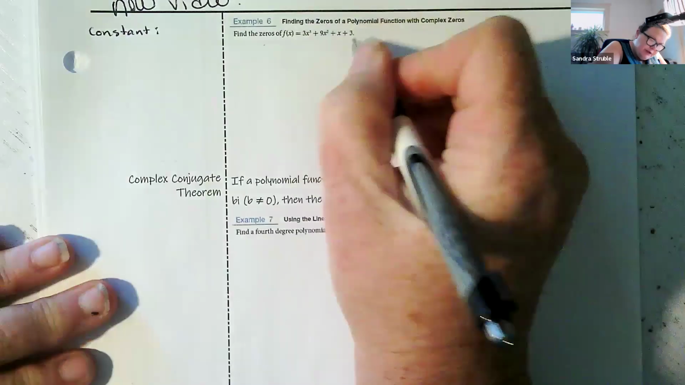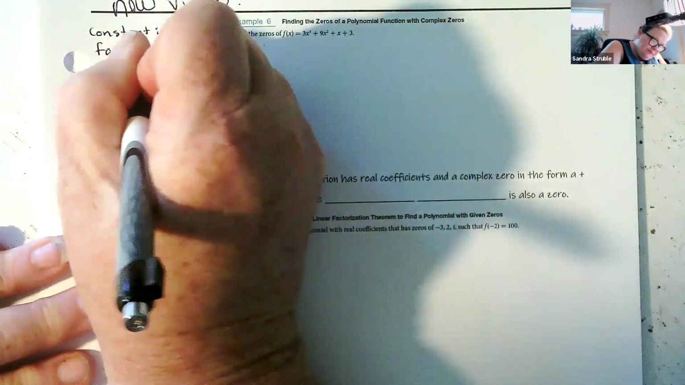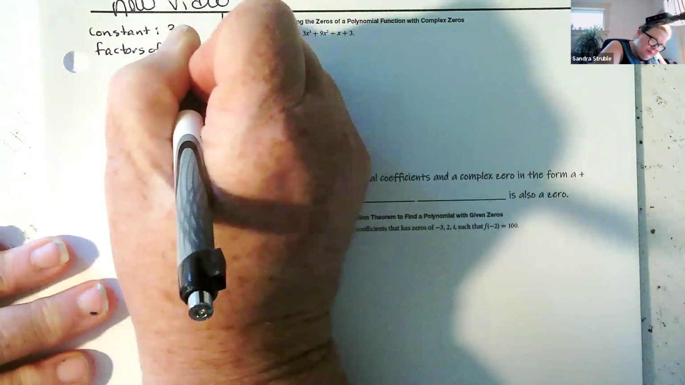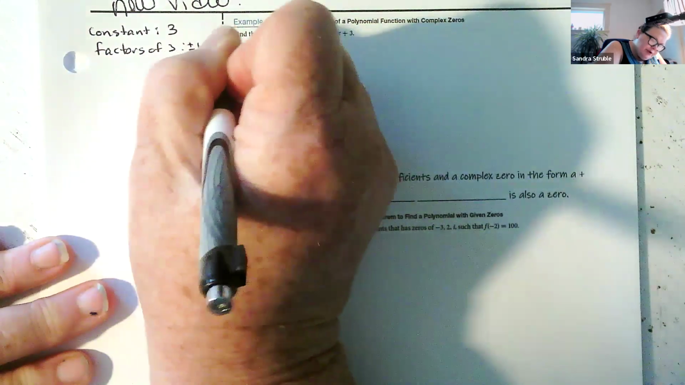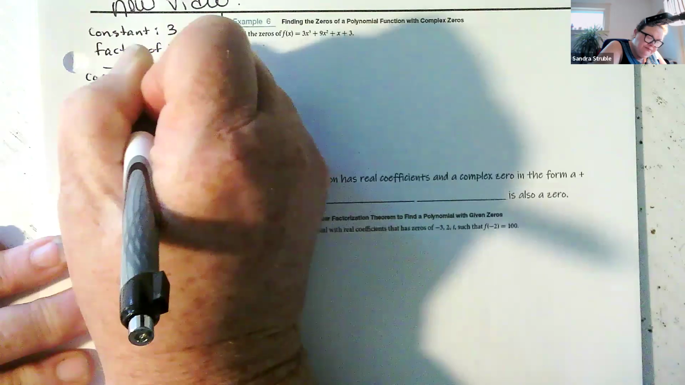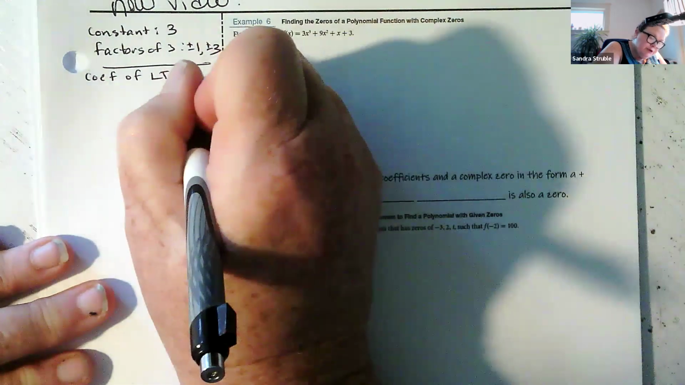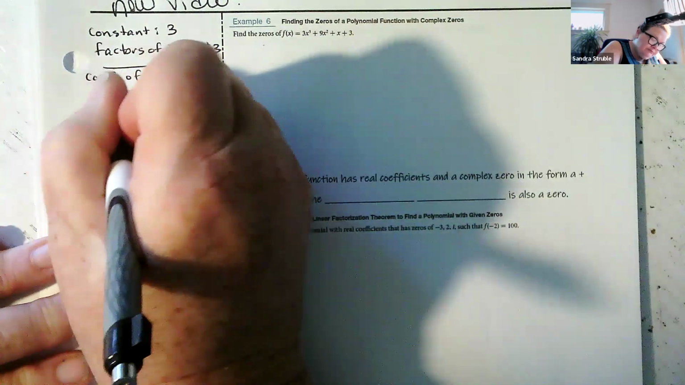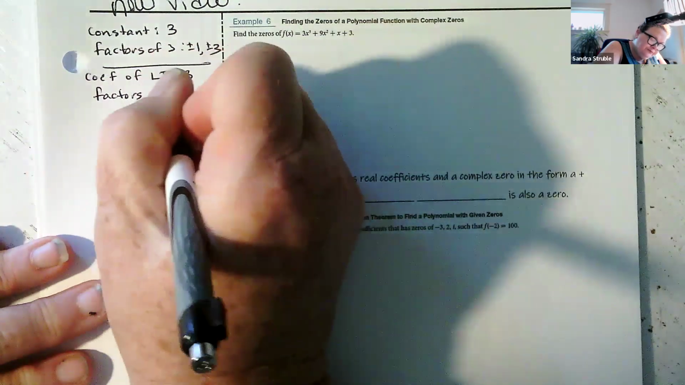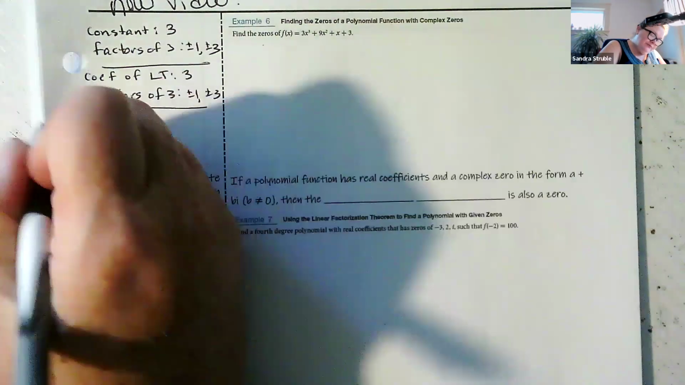which is 3. My factors of 3 are plus or minus 1 and plus or minus 3. My coefficient of my leading term, make sure they're in order, is 3. Oh, sweet. Factors of 3 again. Plus or minus 1, plus or minus 3. All right, so our possible rational zeros